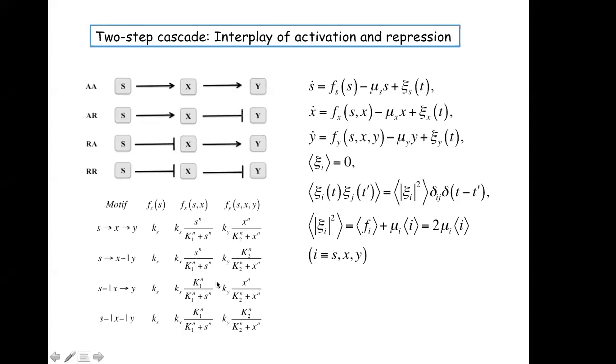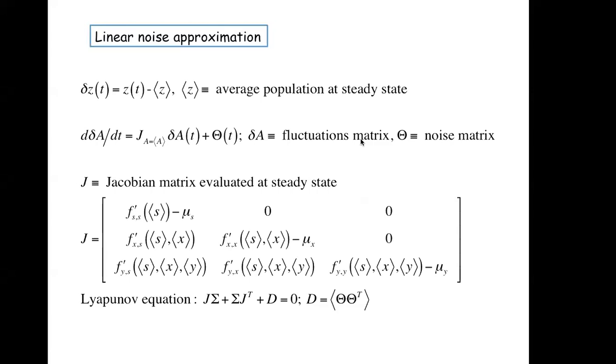So we see that even if N equals 1, these are nonlinear functions. These are not exactly solvable most of the time. So we need to linearize them, and for this linearization we use a very technical aspect, which is the linear noise approximation. What we do is take the steady state expression of each variable, the average population at steady state. Z is some random variable. We make an expansion around the steady state and do a little bit of math,